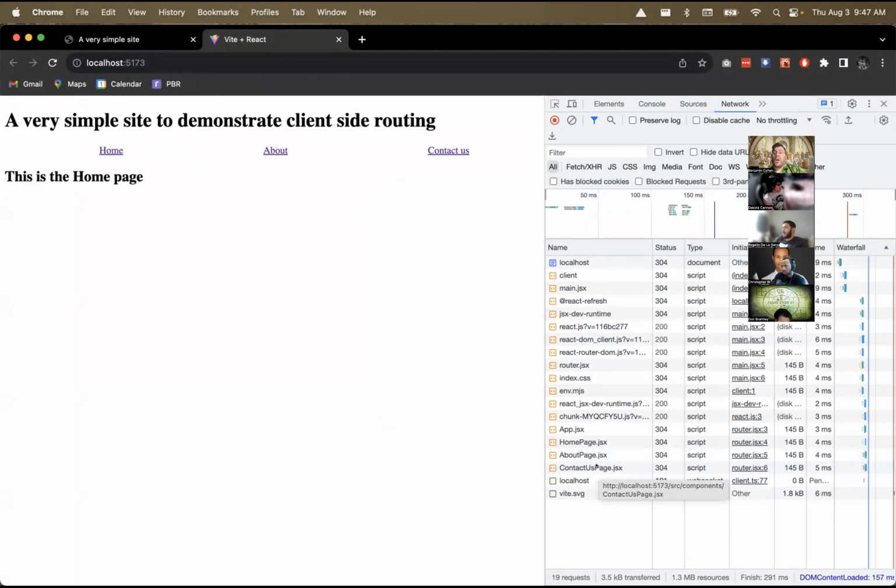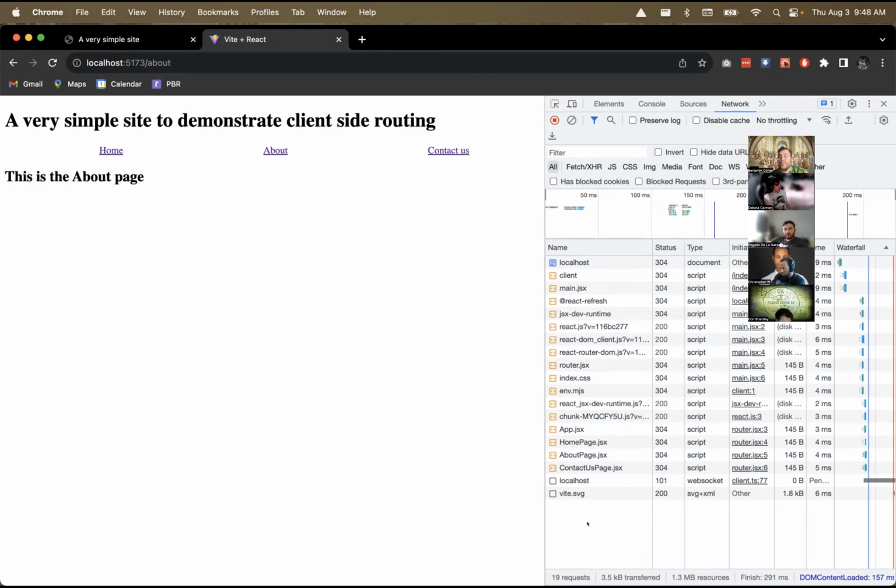So we're doing a lot of work up front, but now we have the whole page. Now, notice what happens if I were to click about: the page changed, the URL changed, but there was no refresh and we didn't get any new resources. And that's because we grabbed everything initially. So what client-side routing is a way of saying, instead of going back to the server to get a very similar page every time you click a link